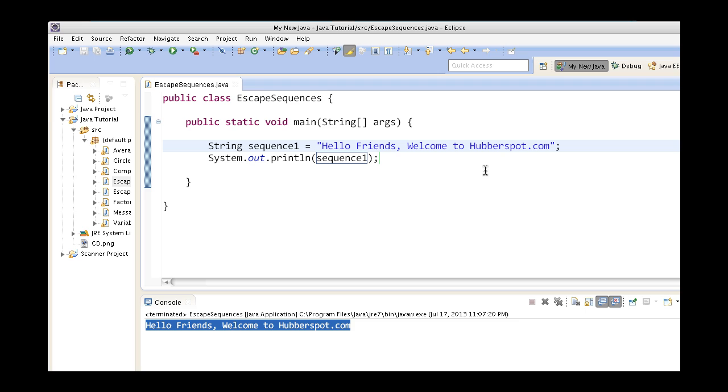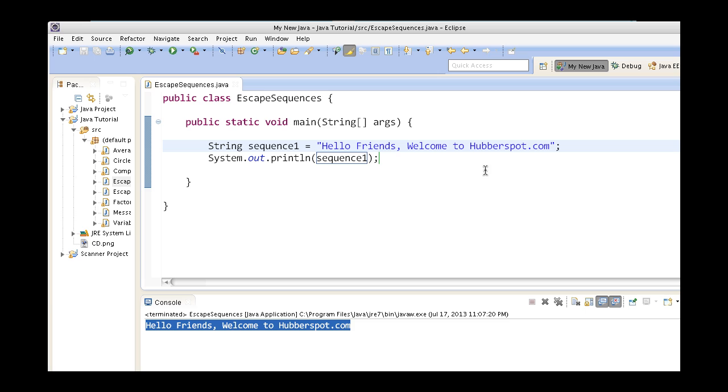Now suppose I want to highlight hoverspot.com in double quotes. If I put a double quote in between here, the compiler would think it is an incomplete sequence of characters, so it will throw a compile time error.